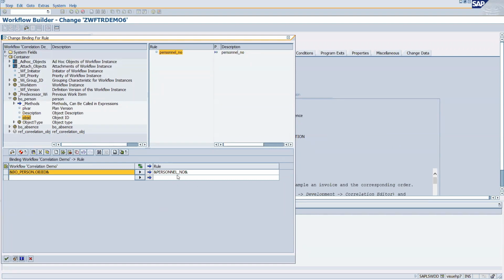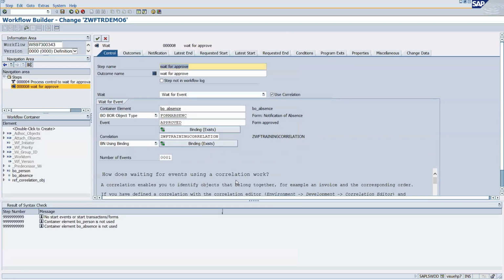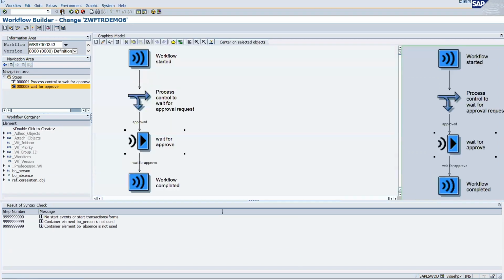The personal number you are passing from this workflow to this correlation. All right, so based upon that, this wait event will be passing the personal number to the correlation, and correlation is already having the personal number from the process control. So once this is going to match, wait event will be received, and then your process control will be executed. So click on this OK button and click on this save button. Now it looks fine. Click on this activate button,